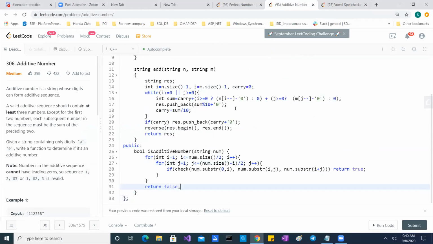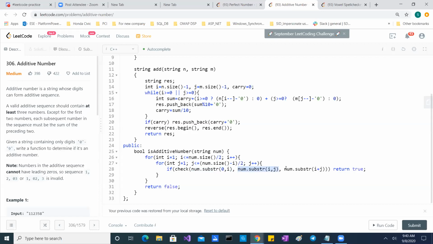Here I'm using two for loops, and this is my recursion. What I'm doing is converting into two substrings, one starting from 0 to I, and the other from I to J, which is the second number.